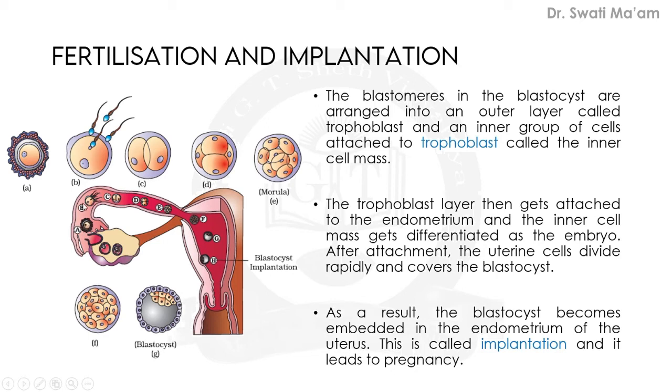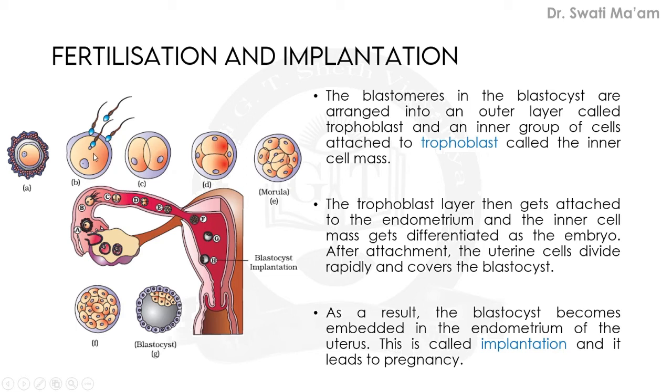and near about here, that means if we see the B diagram, A diagram is shown here. This is the B diagram, which occurs somewhere here in the fallopian tube or oviduct. In the B diagram you are able to see how the sperms are fertilizing here, and this one has entered. So now the remaining sperms are not able to enter inside, only a single one is allowed. Then in the C diagram you can see the two cell structure that is developed.